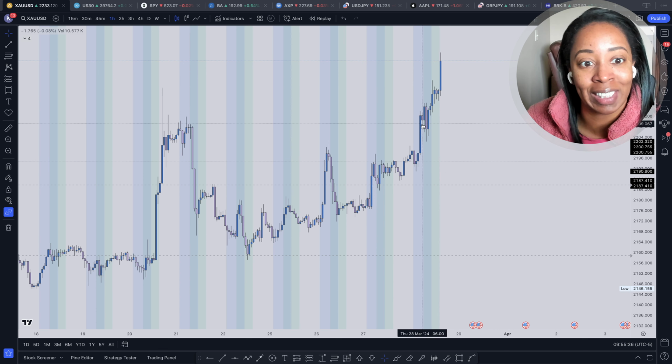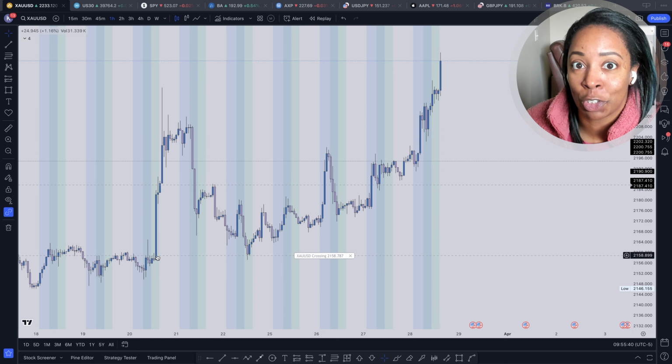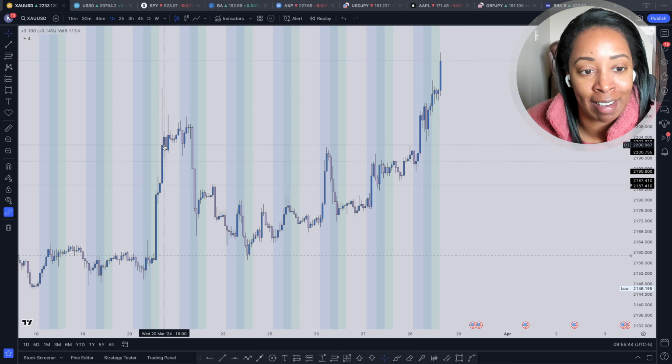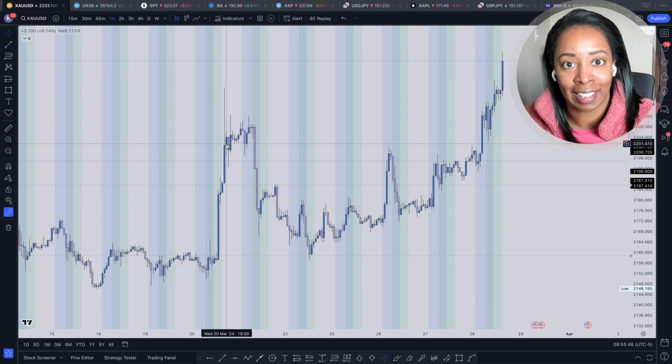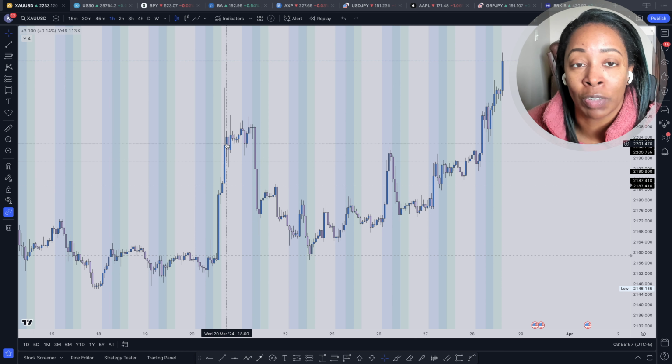So I wasn't able to really catch the moves, but there are times like last week when I was traveling where there was a really big move inside of the New York session and beyond. So the market's like that. Sometimes you'll be able to catch a move in London. Sometimes you'll be able to catch a move in New York. And even very rarely, you'll be able to catch a cool gold move in the Asian session.